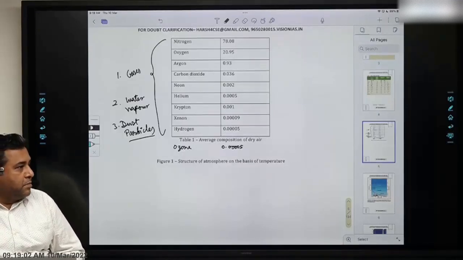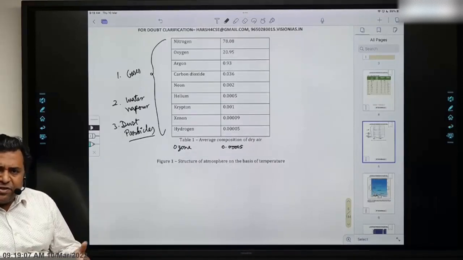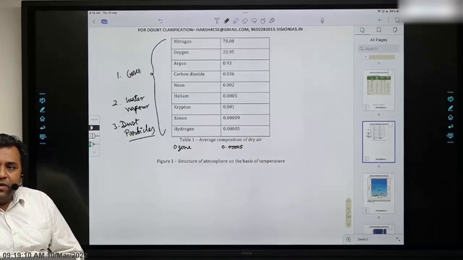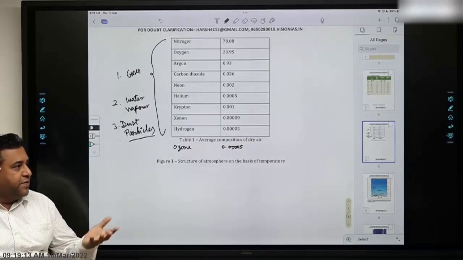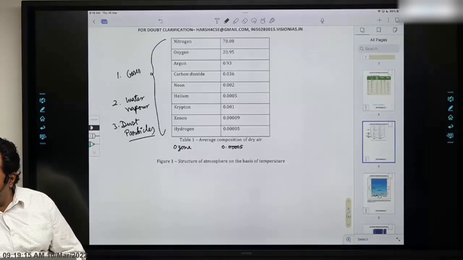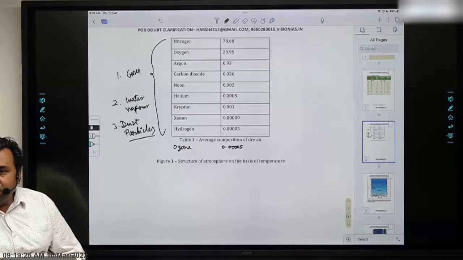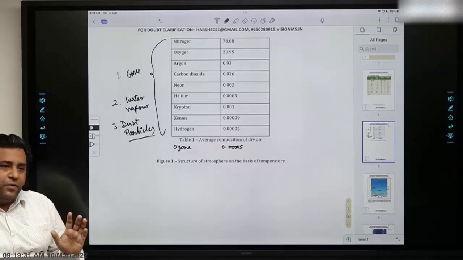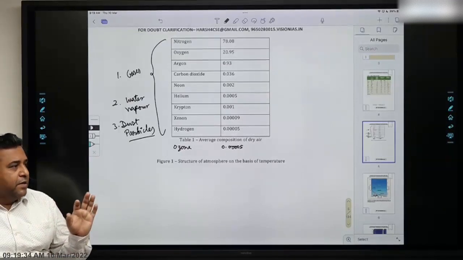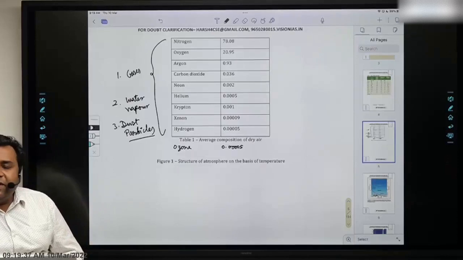Transpiration means plants to the atmosphere. Where does transpiration happen from? The lower surface of the leaves. Okay, it happens at the bottom of the leaf, some stomata type of thing. It's at the top, at the bottom, on both sides. Right, okay. So it is from the stomata part of the leaves that we get transpiration. Transpiration is the water lost by the plant to the atmosphere. Simple, right? If you want to understand and write, that is the process. It is the water lost by plants to the atmosphere.